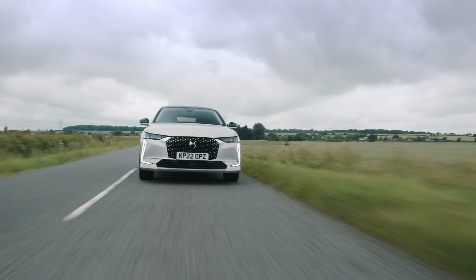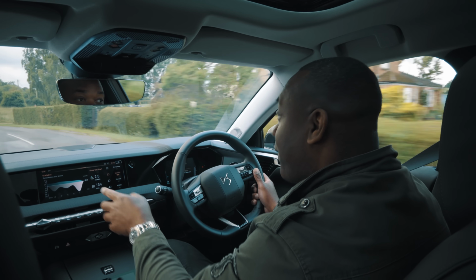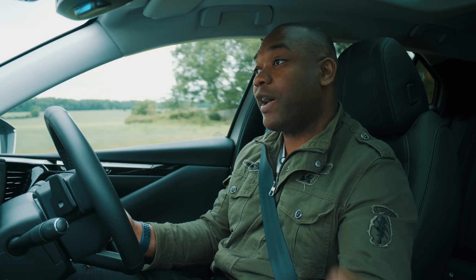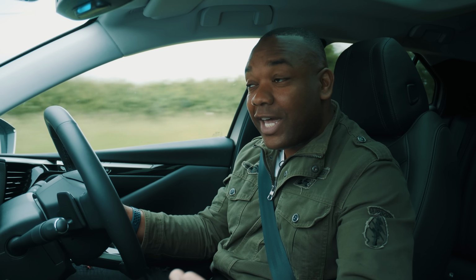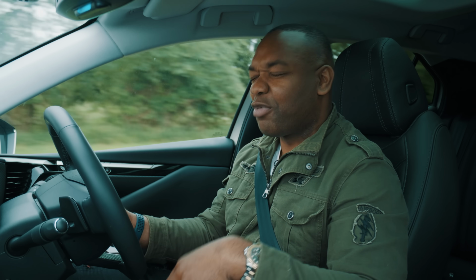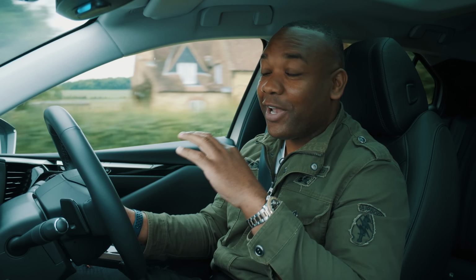But I've been averaging, when I try really hard, 3.2 miles per kilowatt hour. The battery in this car is 12.4 kilowatt hours. Multiply those two numbers together and you get 38.5 miles-ish. 39 to be precise, but you get the point. Now, my average commute is only around 20 miles, which means I can drive this car on electric power alone